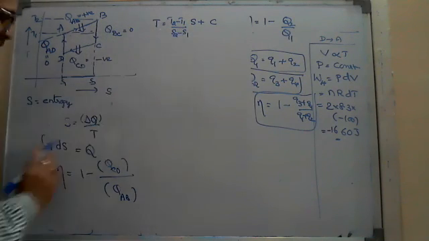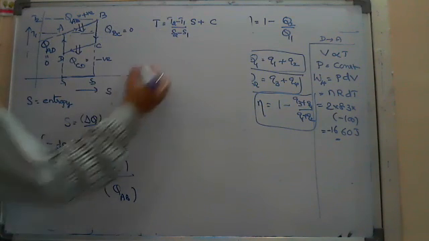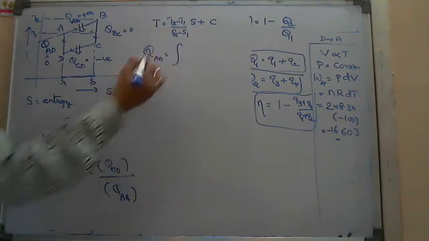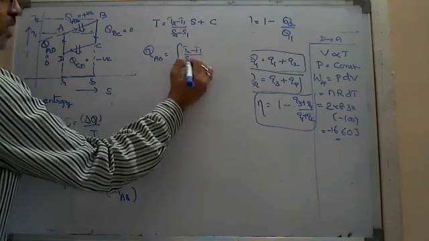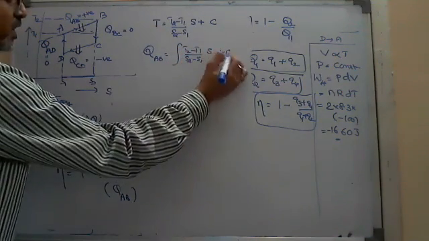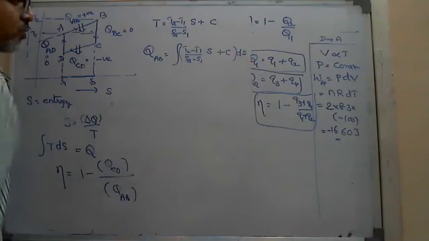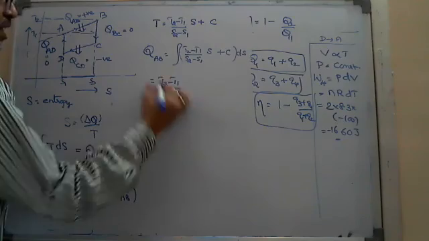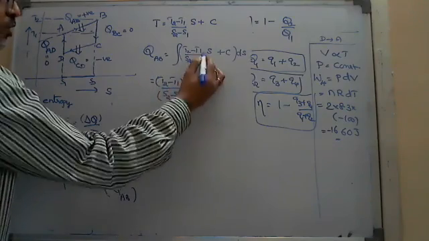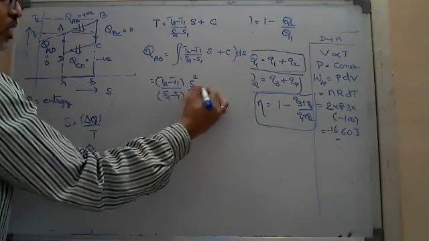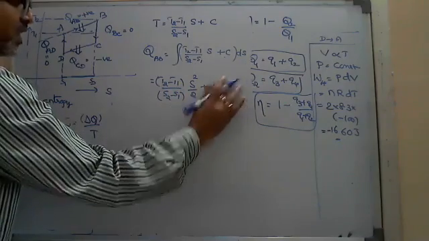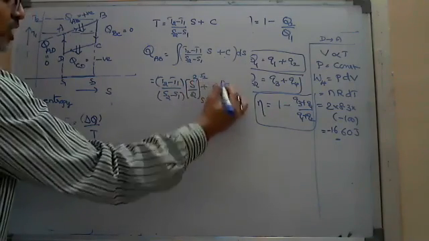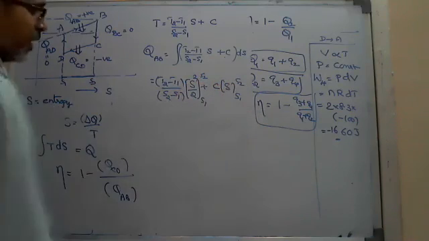That temperature here you try to integrate. So if you want Q from A to B, simply I substitute this T there: T2 minus T1 by S2 minus S1 into S plus C, into ds. So I'm going to get T2 minus T1 by S2 minus S1, and if they give the value, substitute here: S ds is S square by 2, plus C into ds, and ds is S. Then substitute the limits, from S1 to S2 here and also from S1 to S2. You will get some values there.